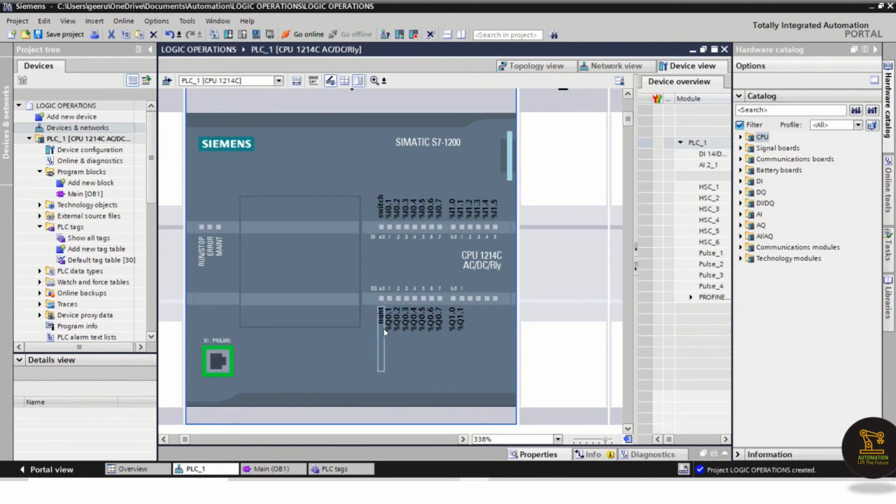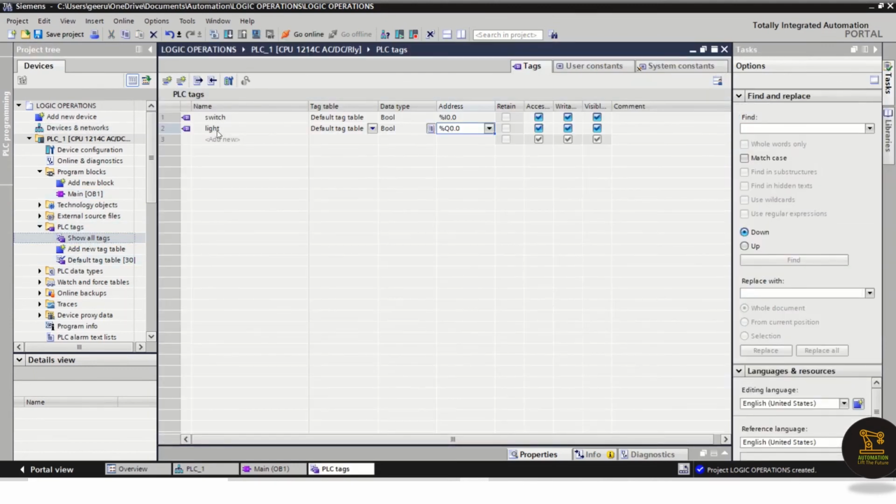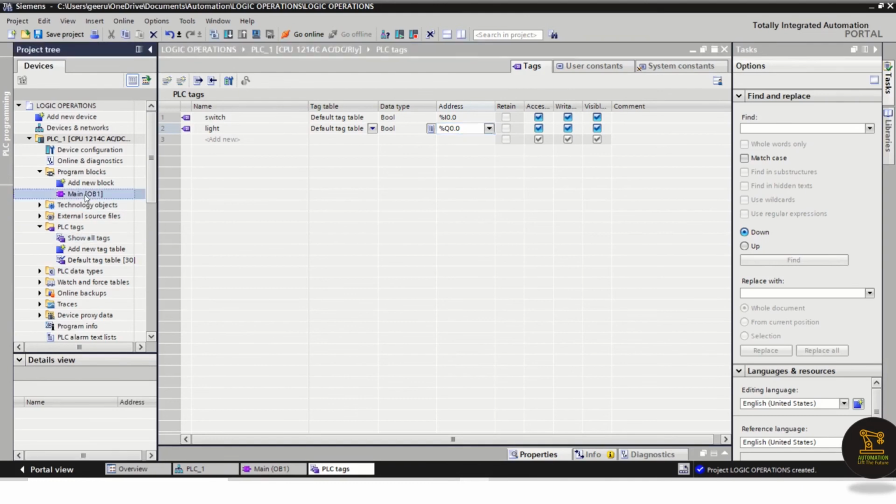So I renamed it to what? Light. Initially what I had given, switch for I0.0. For the output Q0.0 I have given light. And you can see those tags in our PLC, switch and light. Now we'll go to main OB.